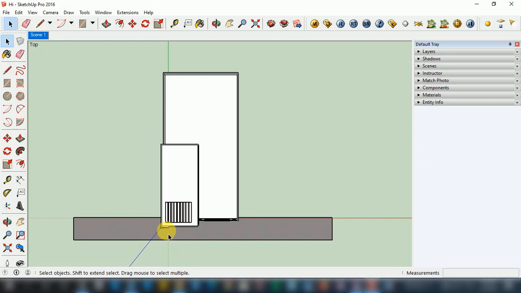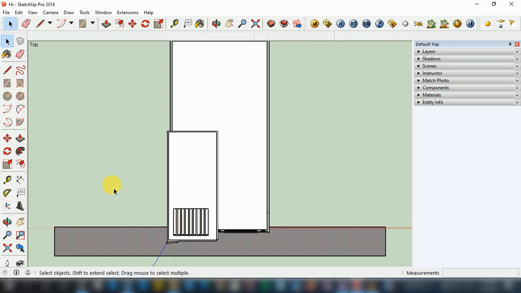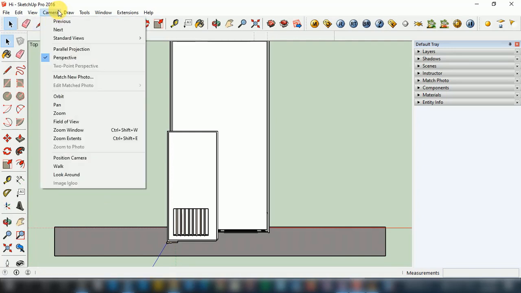If we are in top port view mode, a 3D model should look like a 2D mode when we look from the top view. For that I am going to click on the camera option, so one window appears, and as we scroll down through this window, we have parallel projection and perspective view. Right now our model is in perspective view. That's why we are able to see this model from the top view in 3D mode.